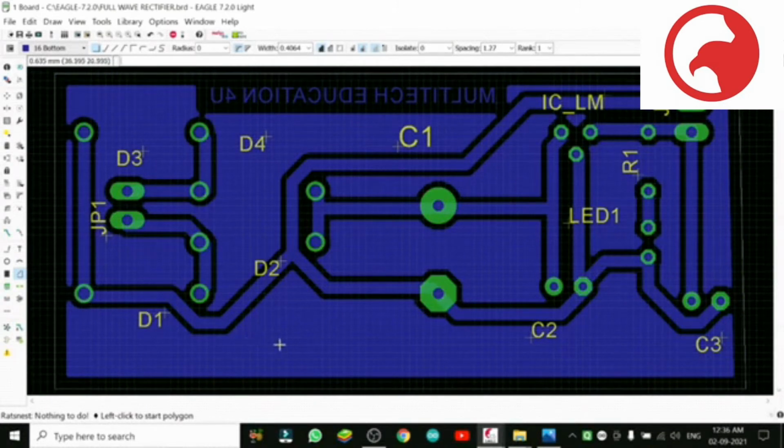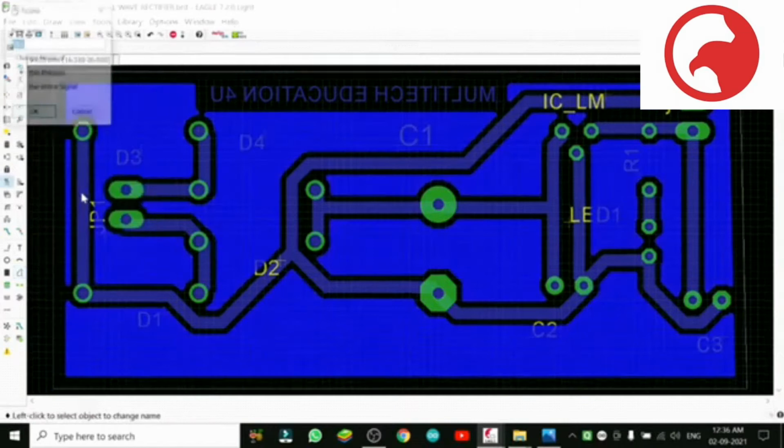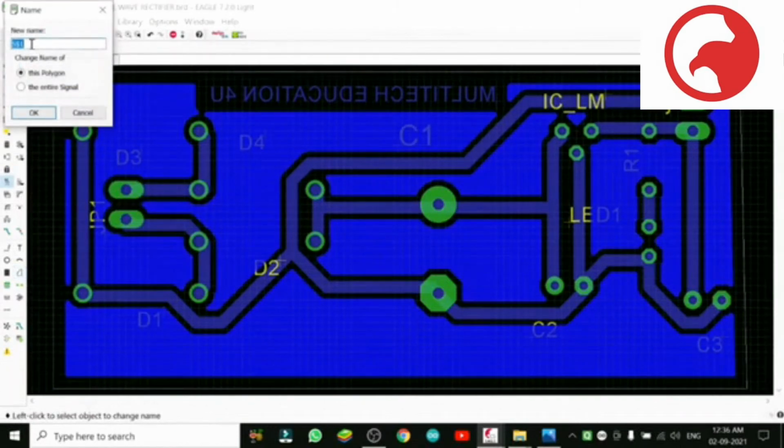For that what we will do, we will click the border line of this PCB, right click, and we will select the ground. From here click it and just come here, name, put here ground, GND only.